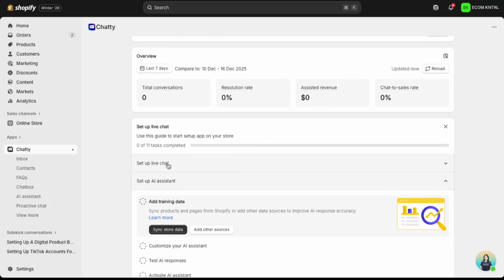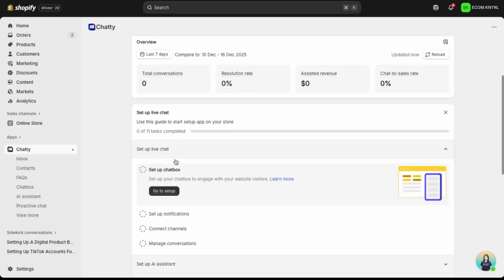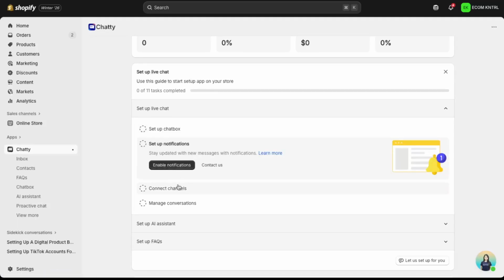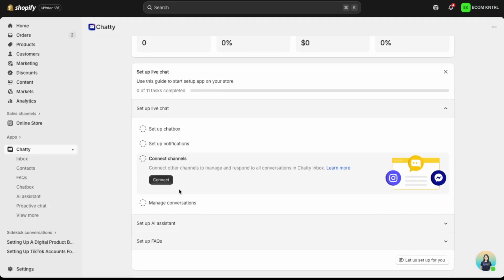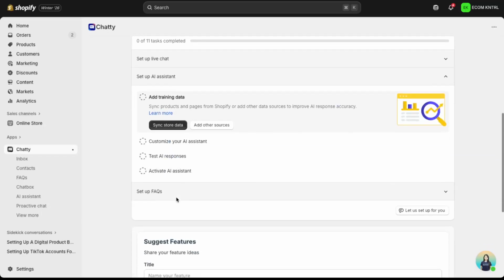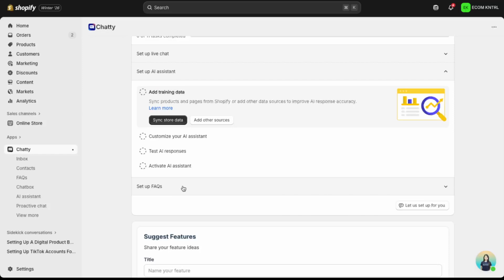Before you do anything else, make sure the app is embedded in your store theme. There will usually be a toggle or setting in the app or in your theme settings to enable the embedded app. Turn that on so the chatbot widget can actually appear on your storefront. Once it's embedded, return to the chatbot's dashboard. From here, you can customize the look, behavior, and messaging of your AI chatbot so it matches your brand and supports your customers the